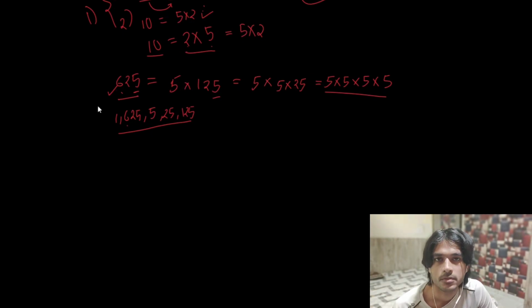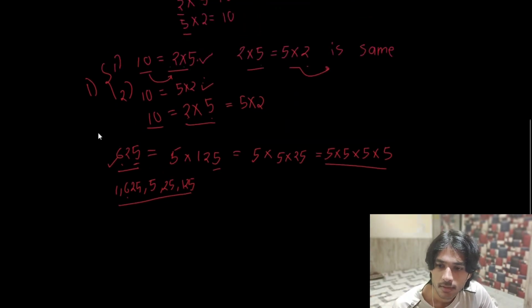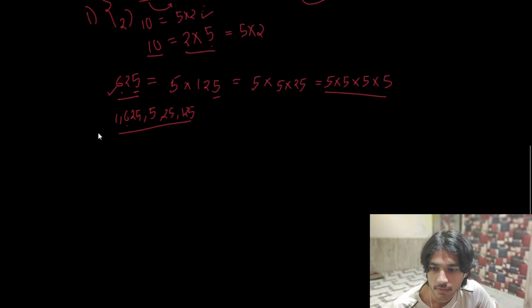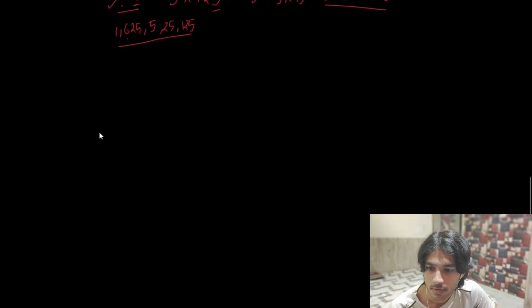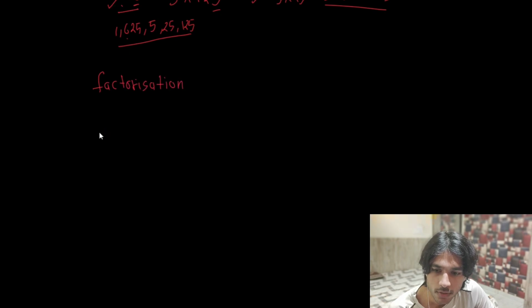So this is what I meant when I say that every composite number can be written as a product of primes, and if the order in which the prime numbers are multiplied with one another doesn't matter, then the writing of a composite number as a product of primes is unique. And factorization is another term. Factorization simply means